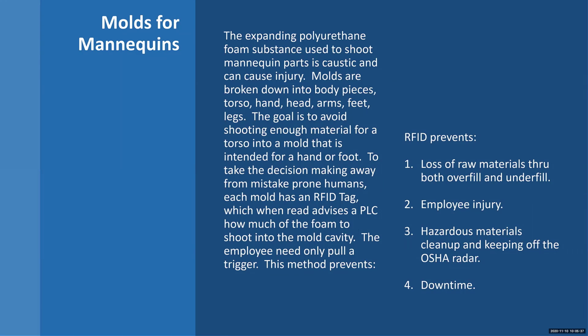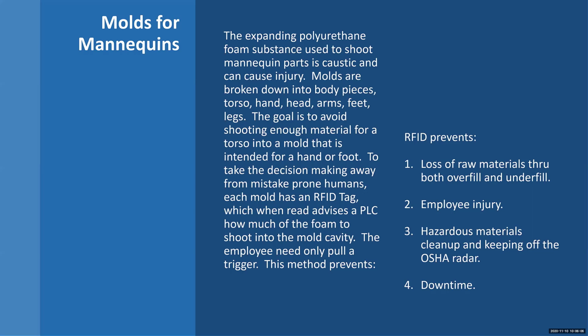In this case, we had a company that came to us that manufactures mannequins for companies like The Gap, Victoria's Secret, and each one of these are body parts. These body parts are identified by limbs and torsos, heads, and it's an injection molding process that shoots polyurethane foam